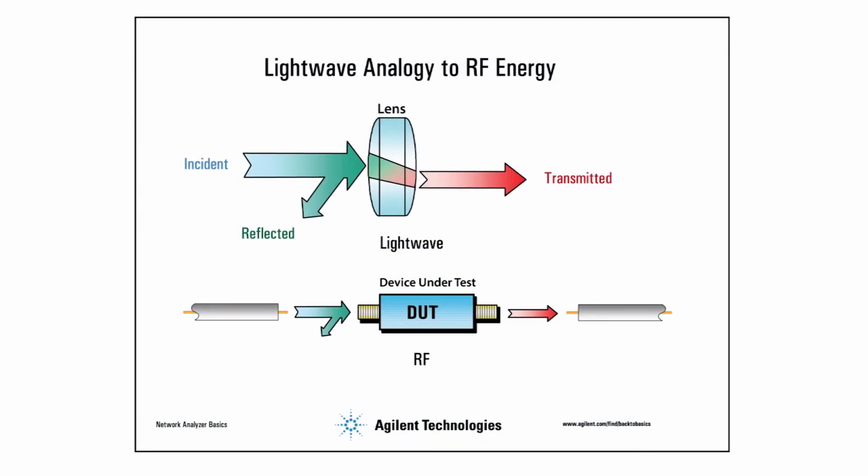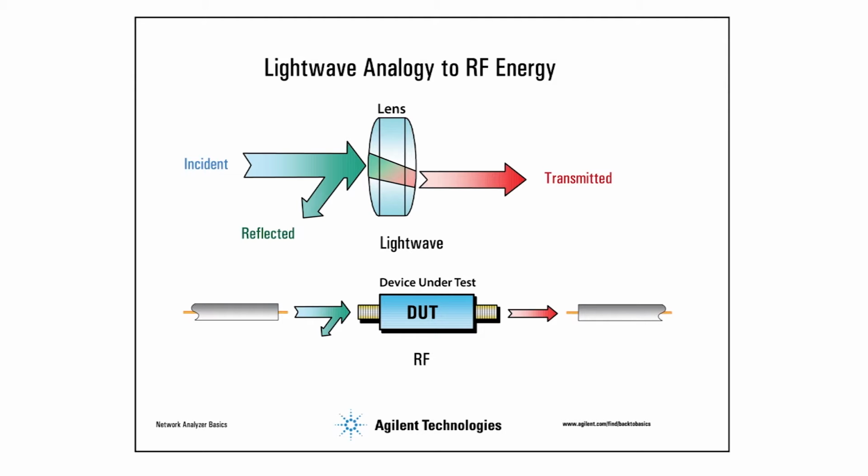An Agilent tutorial from several years ago started with an optical lens analogy shown here. They said, "It is helpful to think of traveling waves along a transmission line in terms of a light wave analogy. We can imagine incident light striking some optical component like a clear lens. Some of the light is reflected off the surface of the lens, but most of the light continues on through